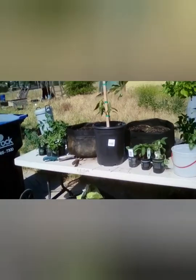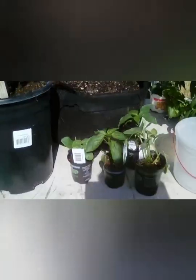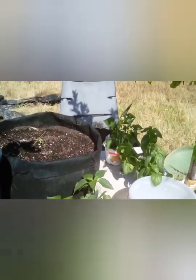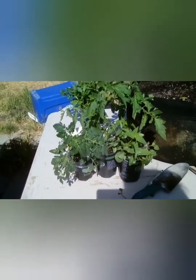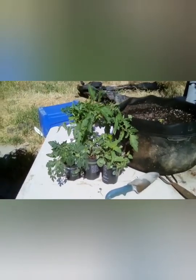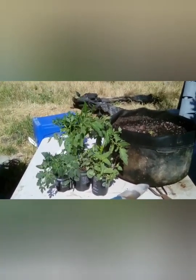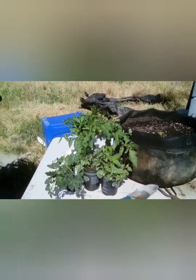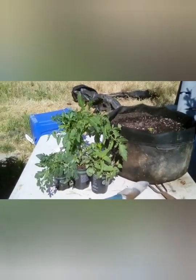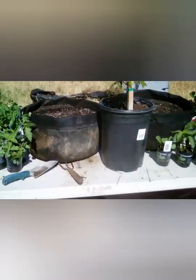And then I only got 1, 2, 3, 4, 5, 6, 7, 8, 9, 10, 11, 12 plants. I only got 12 plants. I decided just to do the necessities. I'm doing a very small garden this year because I didn't start my own seeds, and I couldn't because my son was sick, so it's okay. We're going to do a small garden. But I only got that many plants, and then